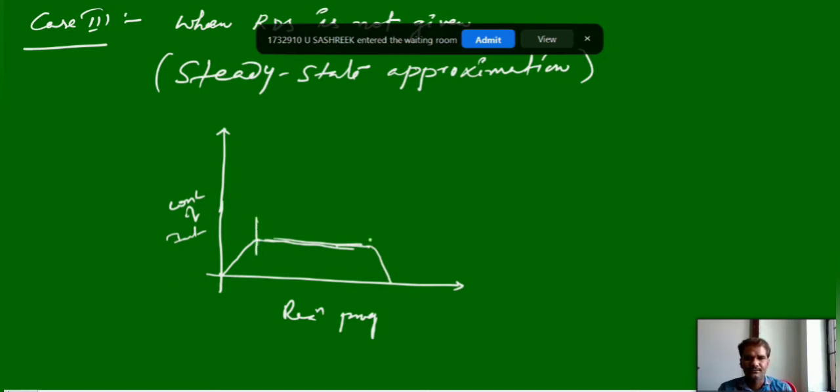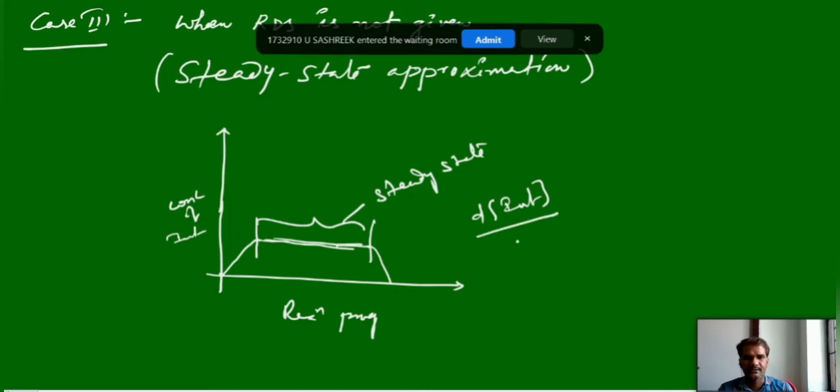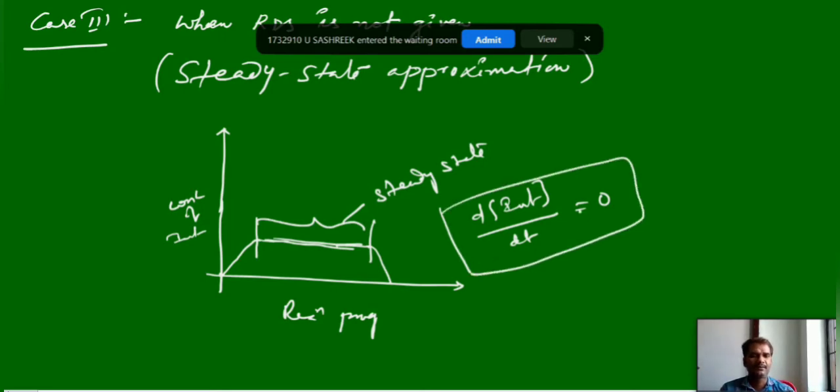And you can see this region, from here to here, the concentration of intermediate is almost constant, and this region we can call the steady state, no change. The concentration of intermediate will not change, which means you can apply this form: the change in concentration of intermediate at that particular time is 0. So d[intermediate]/dt equals 0. By using this formula, we can write the rate expression. We will take up one example here.